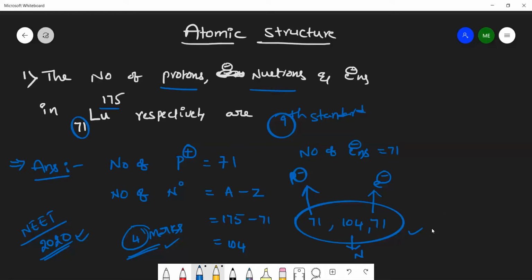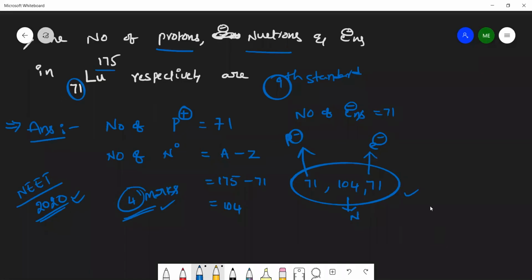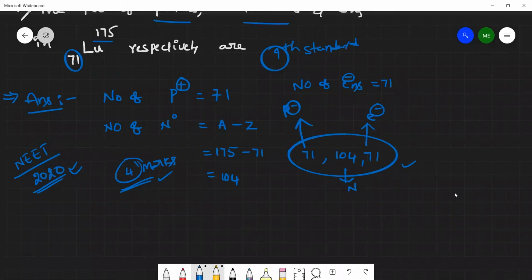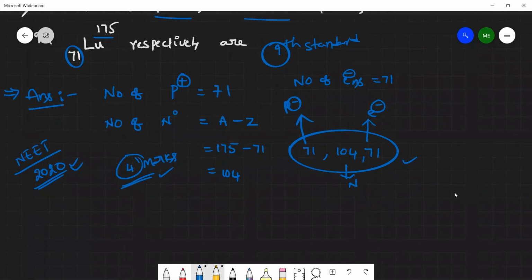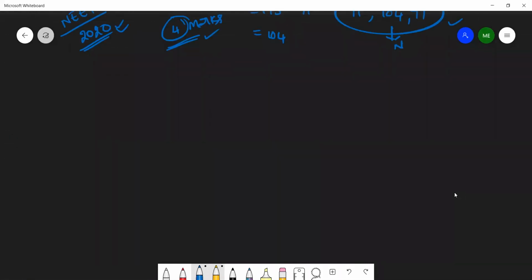We'll start the session. We have done up to how to find the number of electrons, neutrons, and protons. Then we'll go to the next topic, how to identify the total mass. I'll give one table. First note down the charge of the electron, proton and neutron, the mass, and who discovered them. Everything will be given here. Note that down.